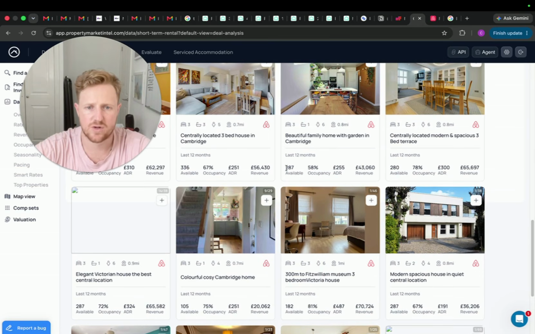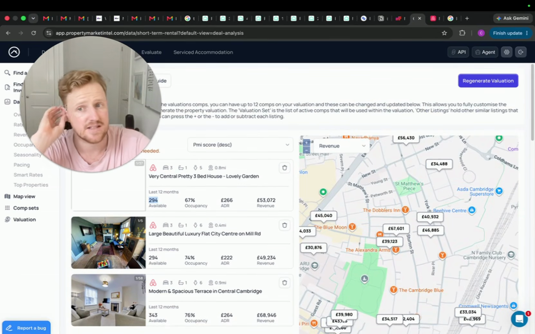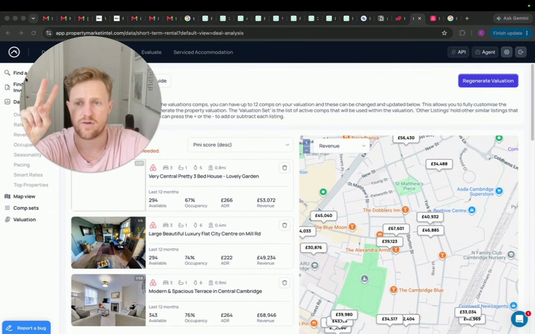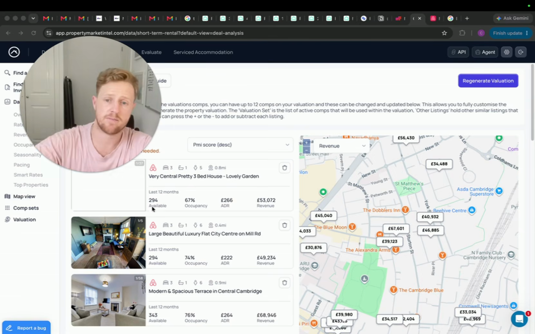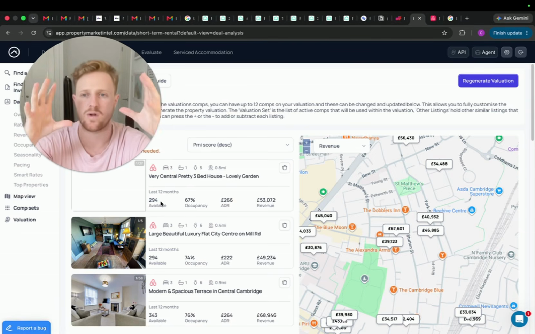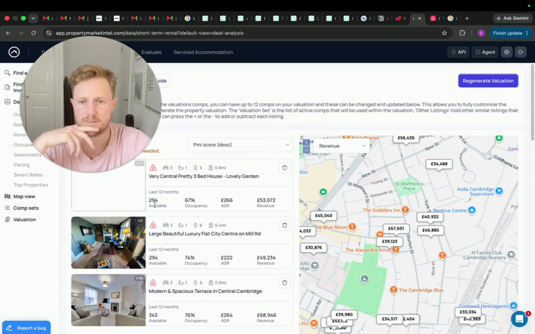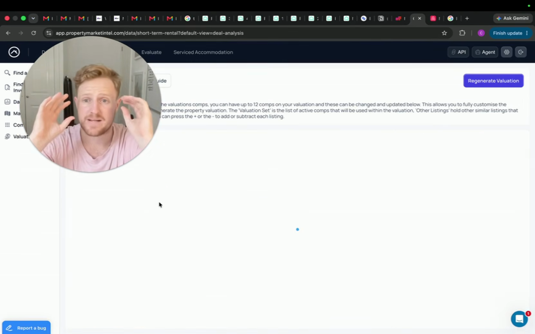By the way, I always try to only look for properties that have over 200 nights available. Sometimes, if there's not enough comparables, I will drop that, okay? I want to know that this property is running all year round so that it's the most accurate numbers. If this is only available for 3 months, let's say 90 days, only in the summer months, then potentially